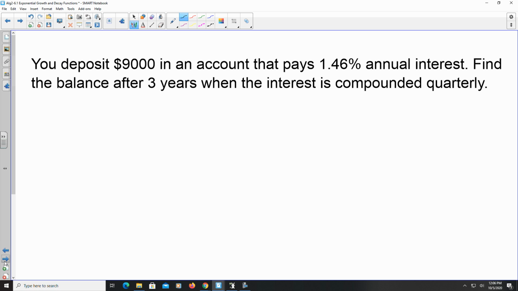So looking at a question, it says you deposit $9,000 into an account that pays 1.46% annual interest. Find the balance after 3 years when the interest is compounded quarterly. So how we're going to set this up, it's going to be A equals the principal, which is 9,000, times 1 plus my percentage, 1.46%, but you have to write that as a decimal, so it's going to be